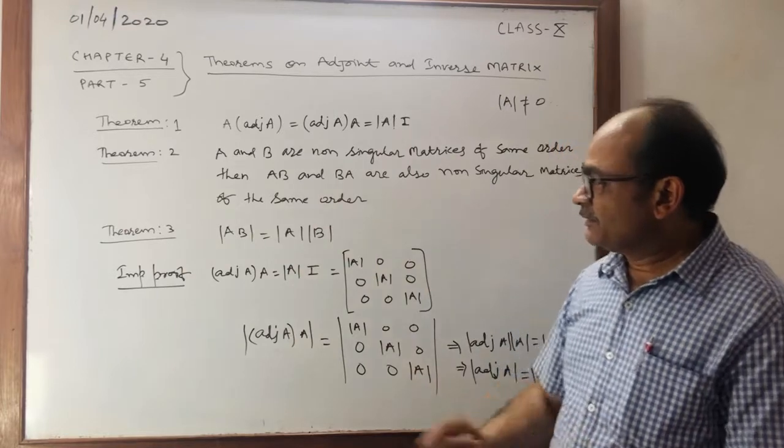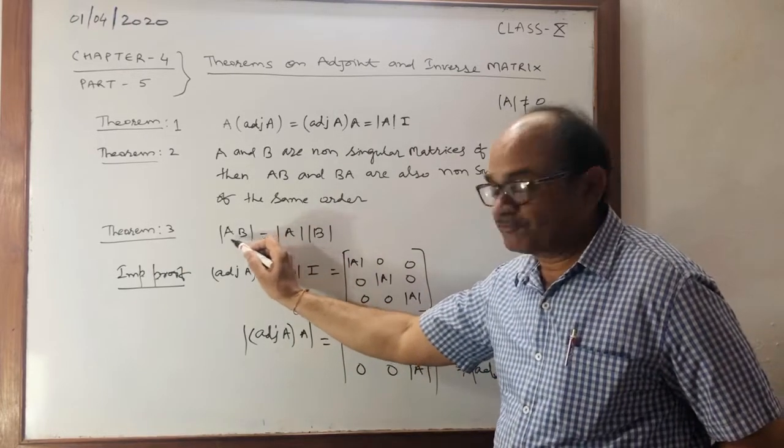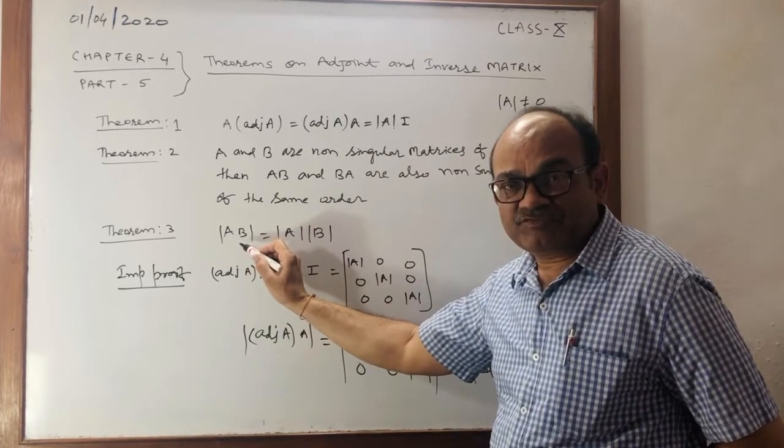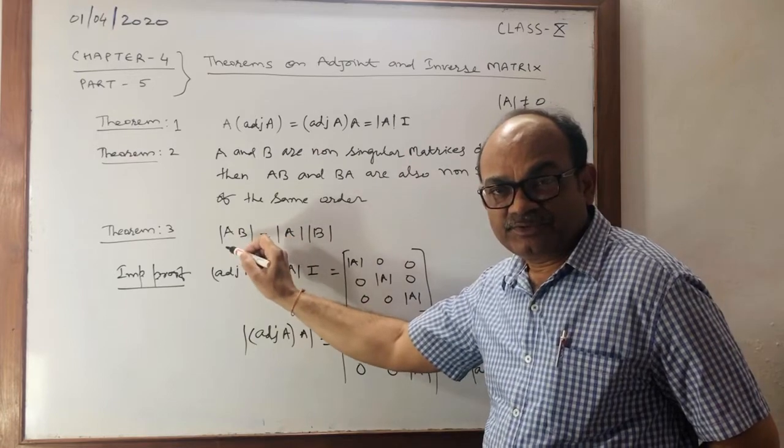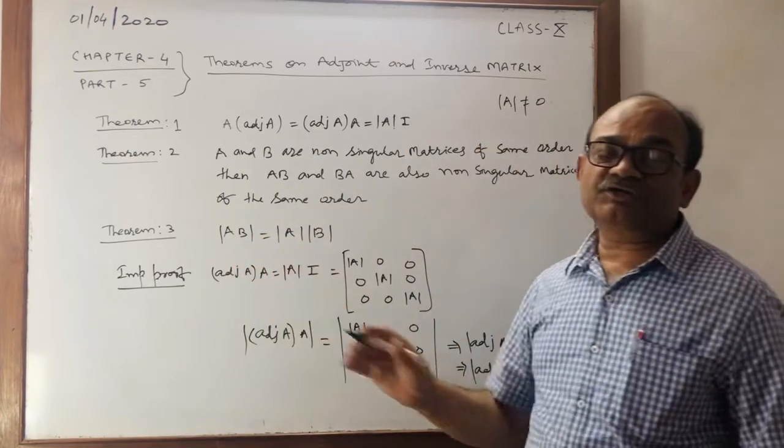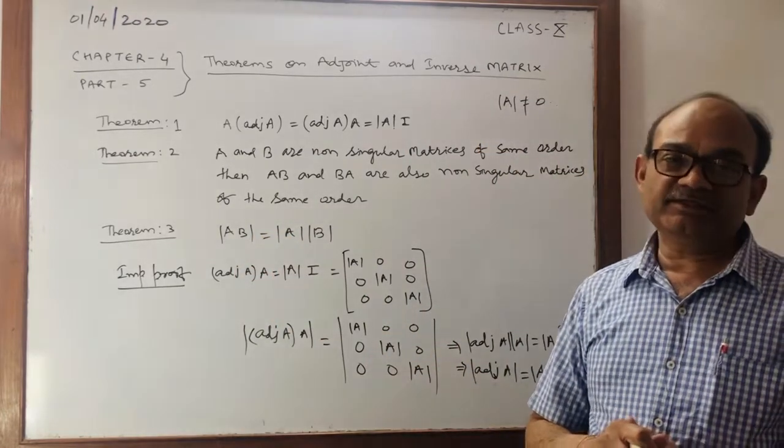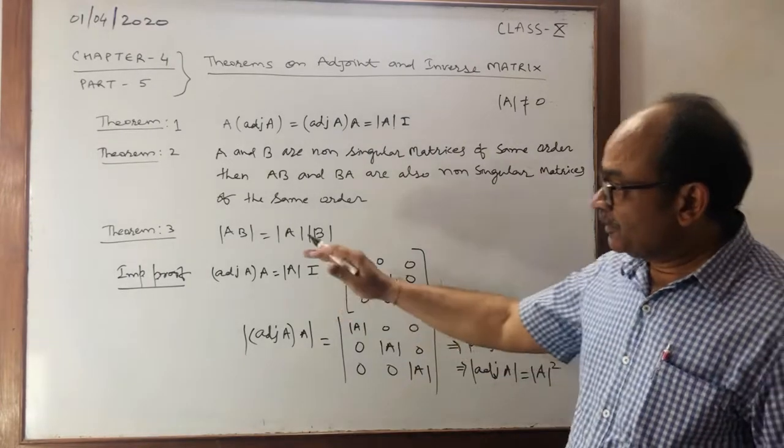Third theorem: the product of two matrices, say AB, and we want to calculate its determinant value. It means the separate product of determinant A into determinant B. Important proof: